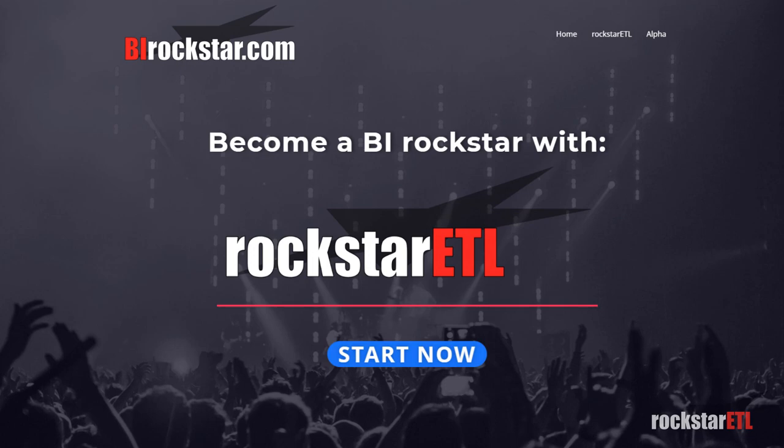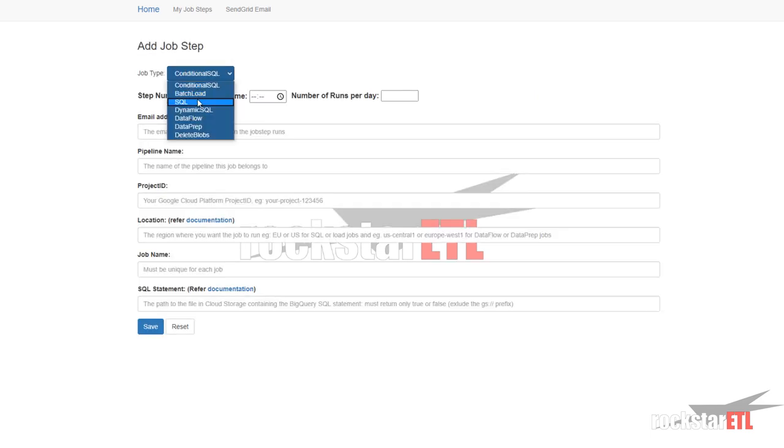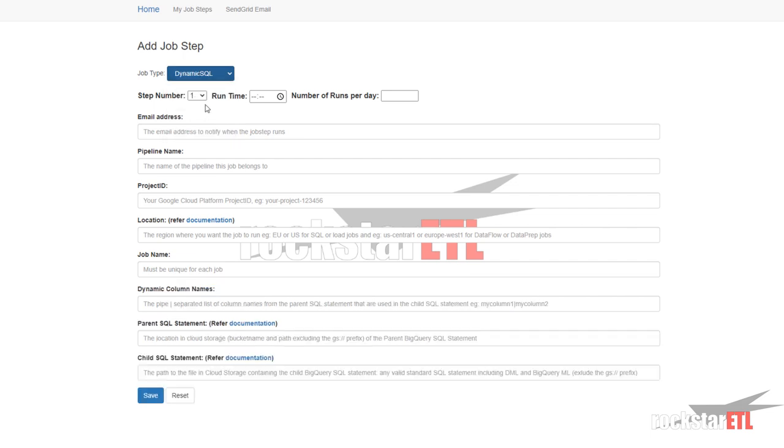We're looking at rockstarETL, and this is one of the most powerful job types available, and that is the Dynamic SQL. And this allows you to build up some SQL in a very powerful way. So let's look at